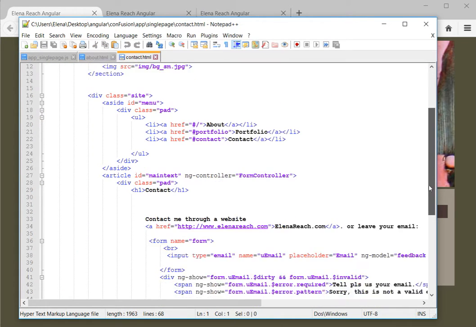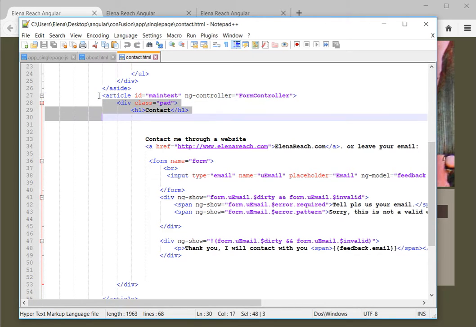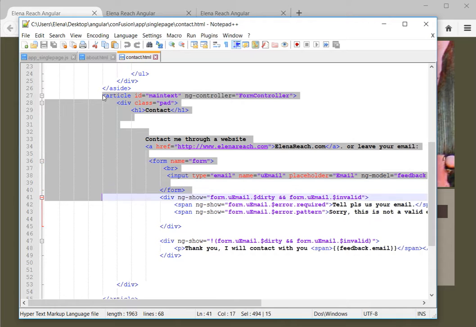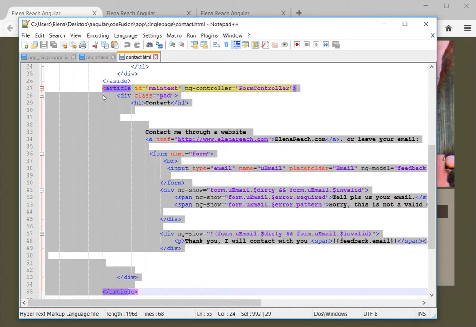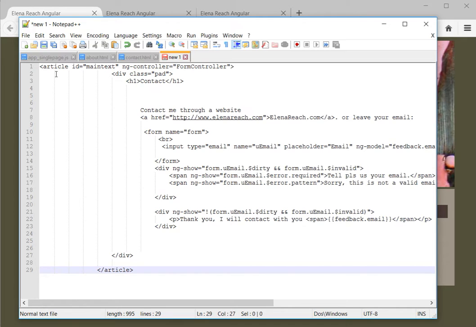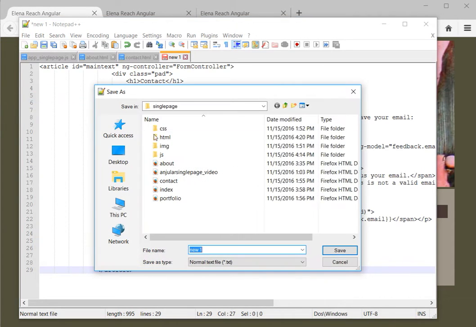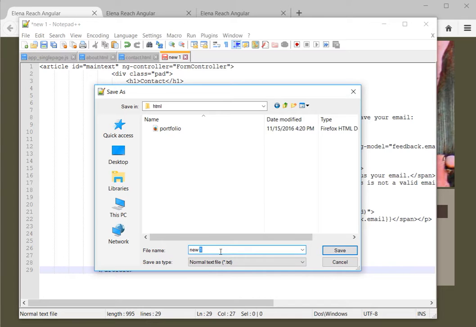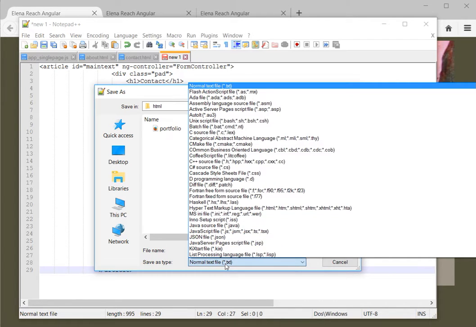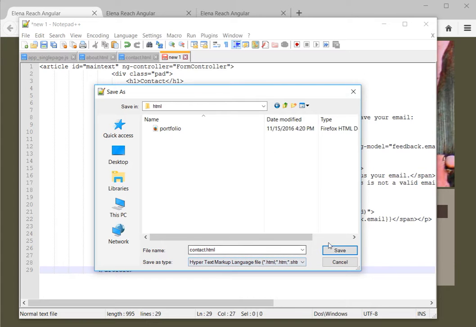And now we will do contacts. I just select everything that I have between article open and article close. Create new page and file, save as. And I save everything in my HTML folder, so it will be easy, not have any mess about where to put. So it was contact, contact.html. Save,